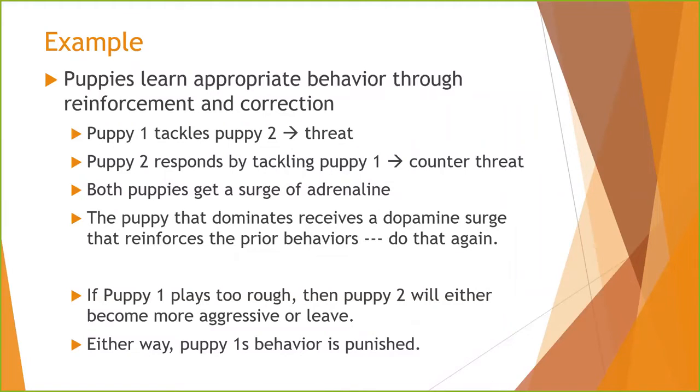Either way, puppy number one doesn't get the dopamine surge, so he's not likely to try that behavior again. Next time you can even go and find videos on YouTube of puppies playing, or old videos of Puppy Bowl, which is the animal version of the Super Bowl that Animal Planet plays every year. You can see this behavior playing out: who wins, who loses, where the dopamine surges are that reinforce behavior. It's kind of cool, kind of amusing for 10 minutes. Anyway,